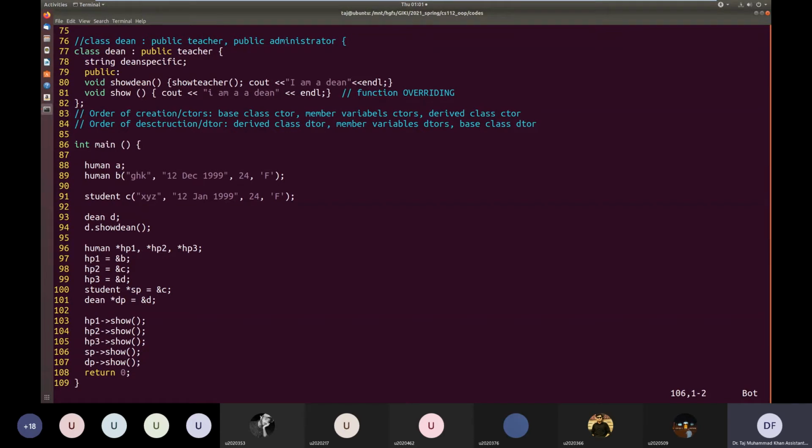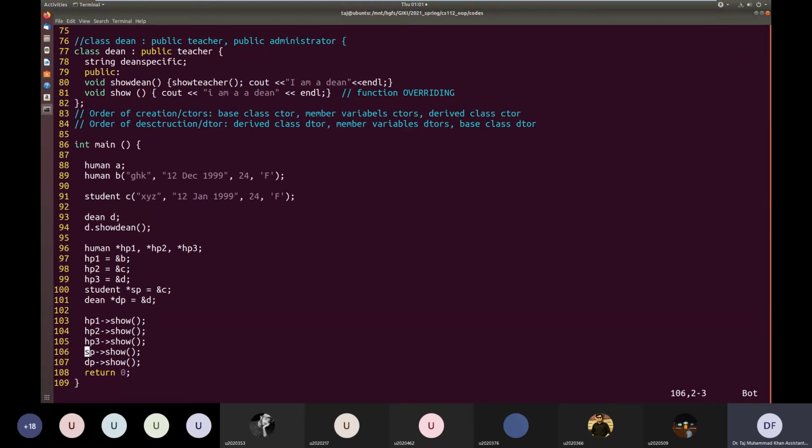Here, lines 104 and 106, hp2 and sp, both contain the address of the same object, but they are accessing it through a different pointer type. So the object is the same, the address is the same, but we are accessing it through a different pointer type.